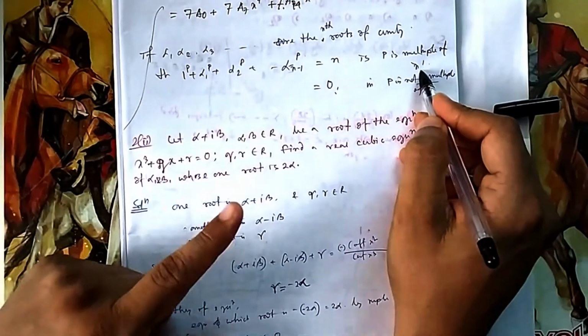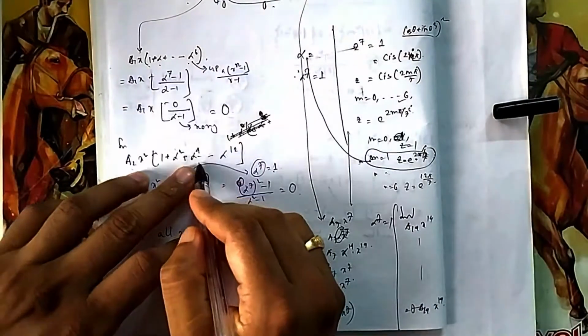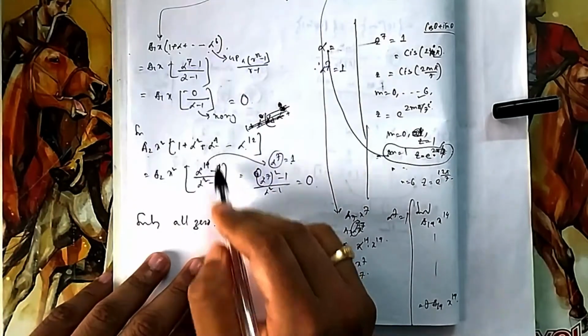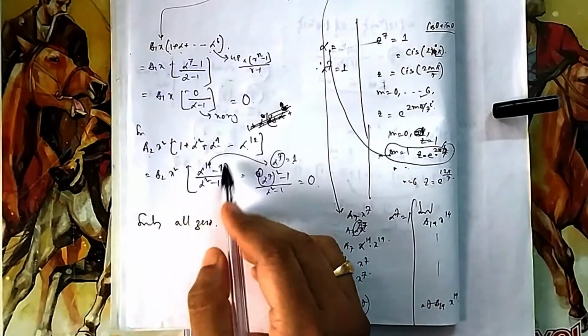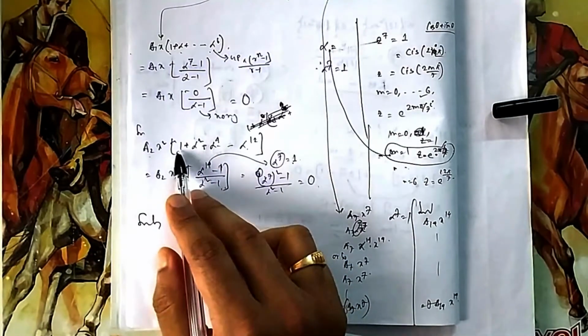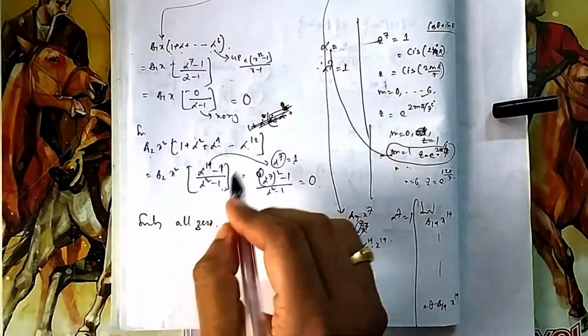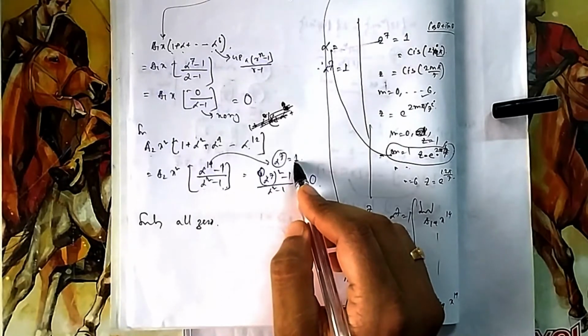If it is a multiple of that 7 or 3, whose cube root it is, then it will be n. So you can see it here, by changing all these values you can find it, or if you apply GP also you will get it. If you apply GP, then you can apply GP at any time, then it is a into a is 1, then alpha to the power n minus 1 divided by r minus 1. If you do, it is alpha to the power 14, alpha to the power 7 is 1.